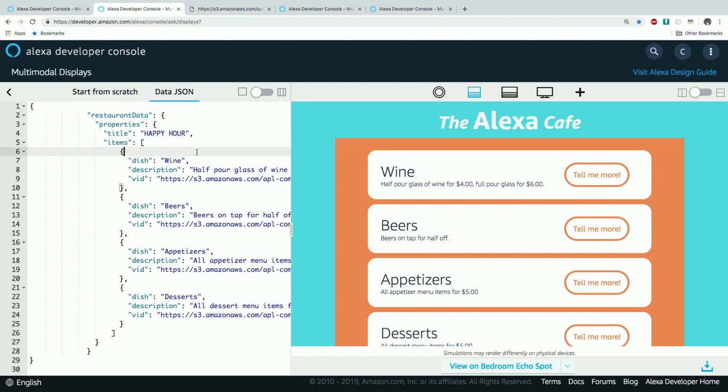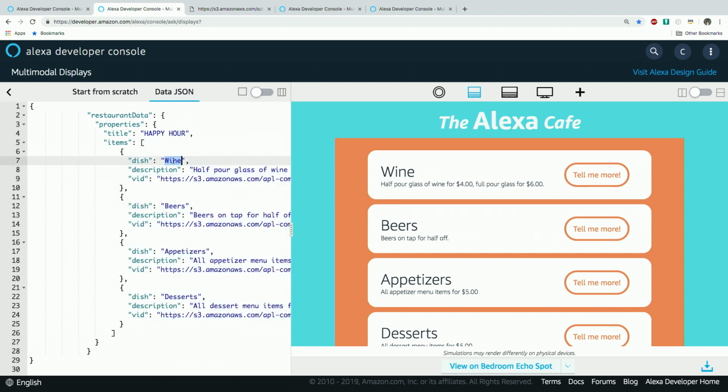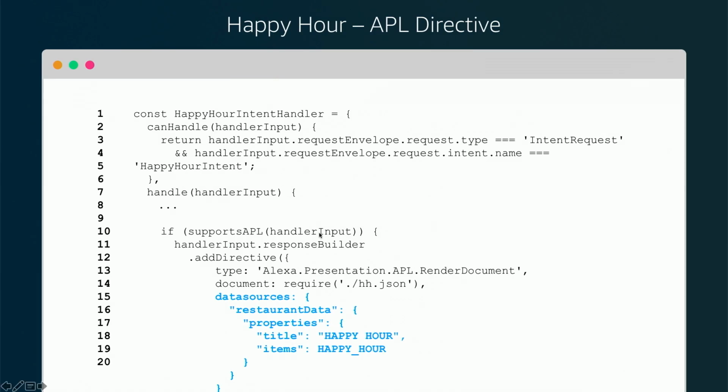I incorporate a title just so I know what type of data I'm sending, and then I would send these restaurant items. Imagine this is coming from some sort of web service call. So if I change wine to, let's say, cheeses, you can see that list item updates accordingly. So what this looks like in action is when I am sending my directive alongside my response, I would, again,